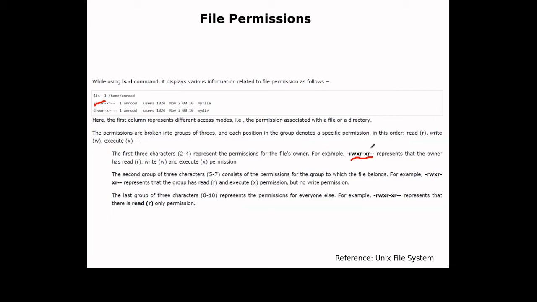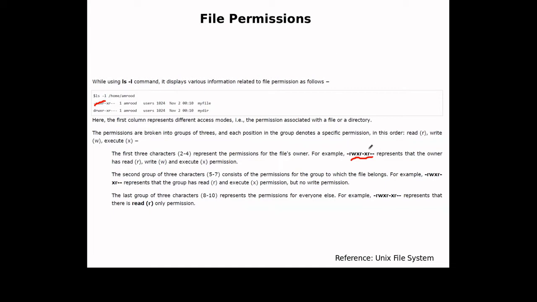And the last group is 8 to 10, R dash dash. This represents the permission for everyone else. Only read permission is given for the third group.